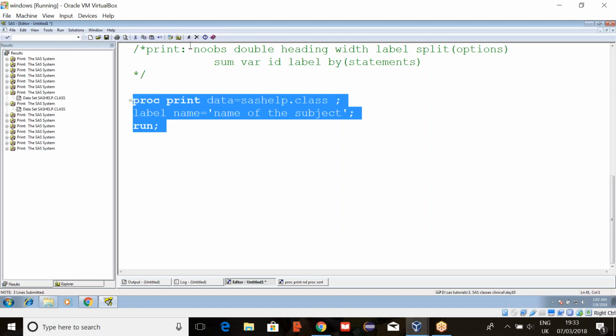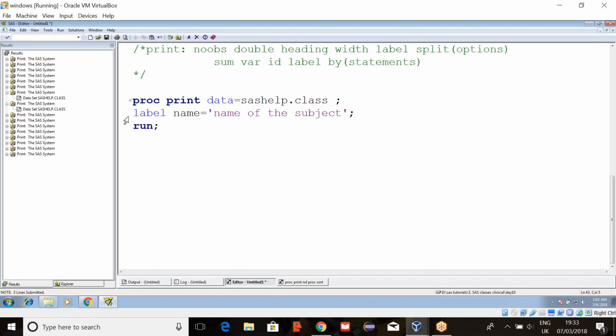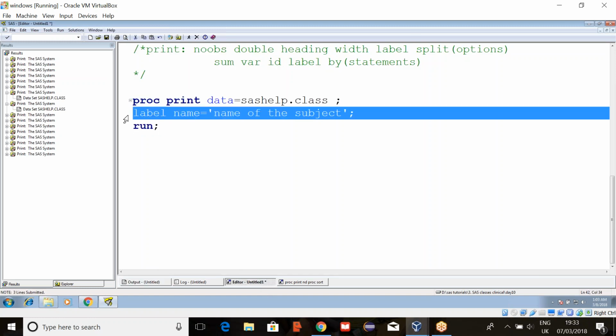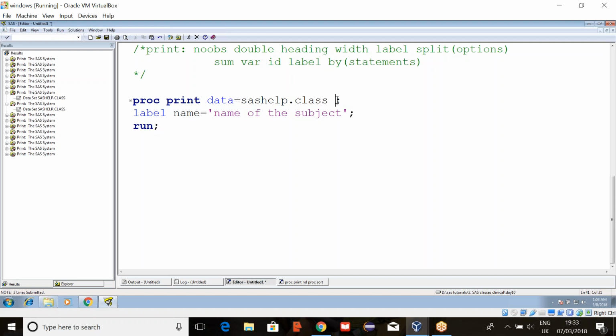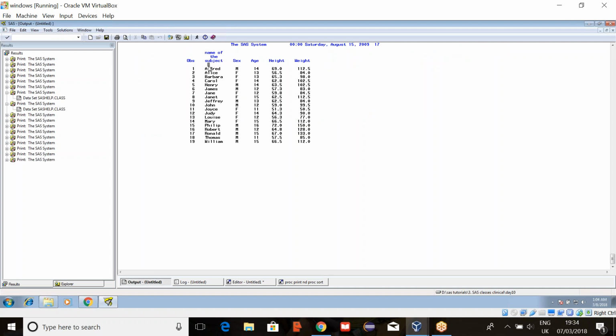Now when I write this, is it taking the label? No, because a label statement by default will not work unless we mention the label option. To activate the statement we have to use the option also. Both together we have to write. Then only it will work. See, now it is accepting that label.